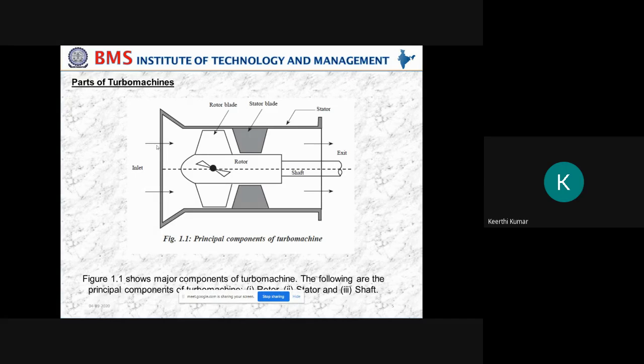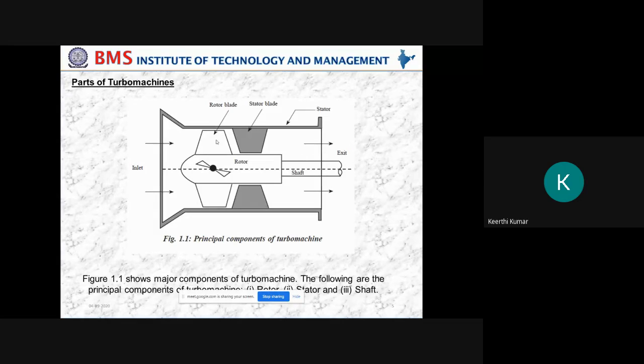Once you allow the fluid to flow through the inlet, what will happen? It will start flowing over these blades. These blades are called rotary blades. Because of the air which is inlet, this blade starts rotating. See, the turbo machine condition is satisfied. How? The working fluid is air or water or a gas, steam, any fluid, and because of that, there is a rotary motion. So if I see these two, I can tell it is a turbo machine. Is it clear?